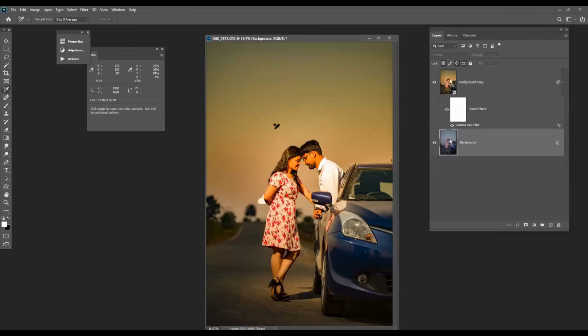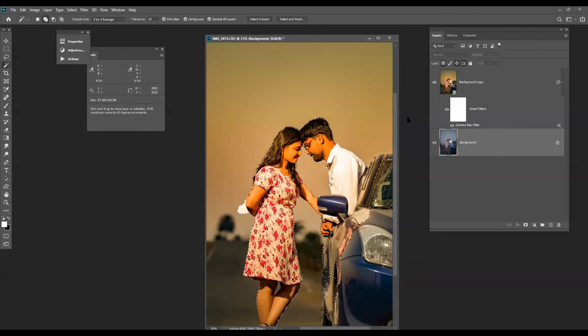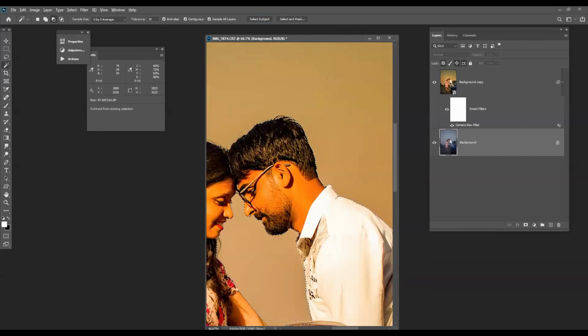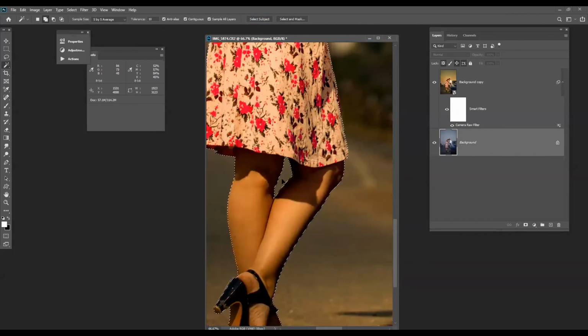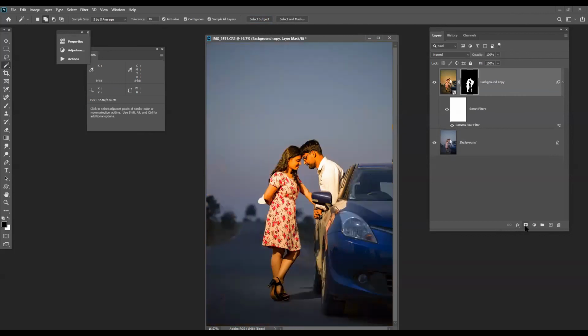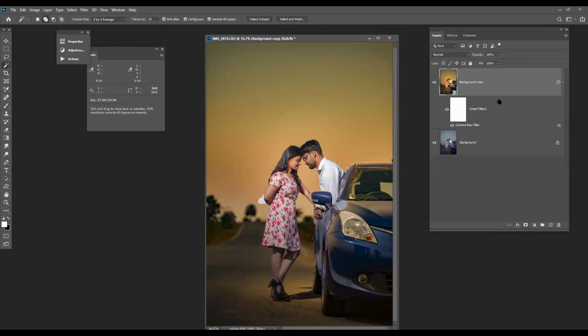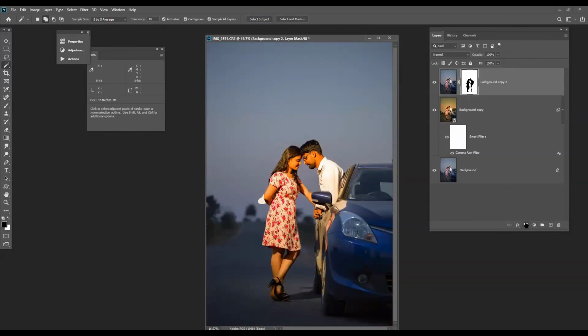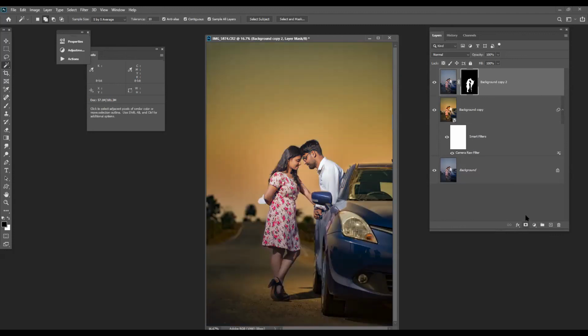Now we have an option in CC called select subject. It will try to select out the subject for you. You can refine the area a little more if you want. And just invert and put in a mask. It's better you always take an image upwards and try to mask that. I will tell you why. So we have a proper image over here right now.